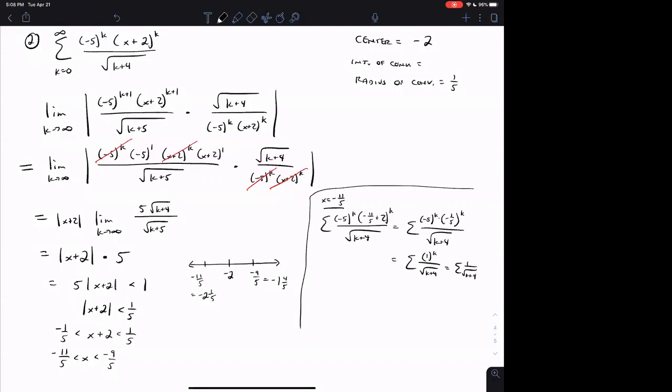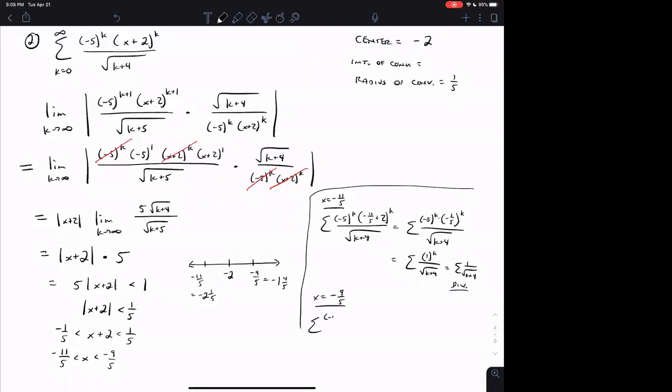What does that series do? Does that series converge or diverge? It diverges because it's one where you would compare to 1 over k to the 1/2, which is a divergent p-series, and then this would diverge by the limit comparison test. So that one diverges. Now you do x equals negative 9/5,